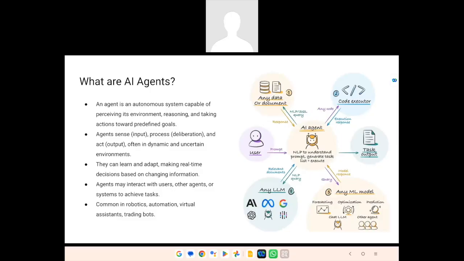What it does is you have the prompt, you have the task, you ask it to execute. And you give all the tools which are required to solve that problem. So it's not like you just use an LLM and solve. Of course, that is also an agent, but an agent is capable of using n tools which are at its disposal along with the LLM.